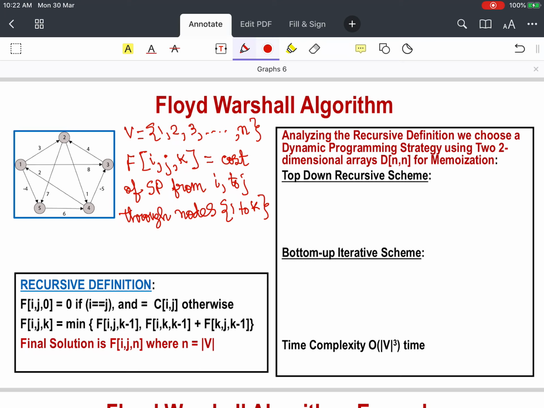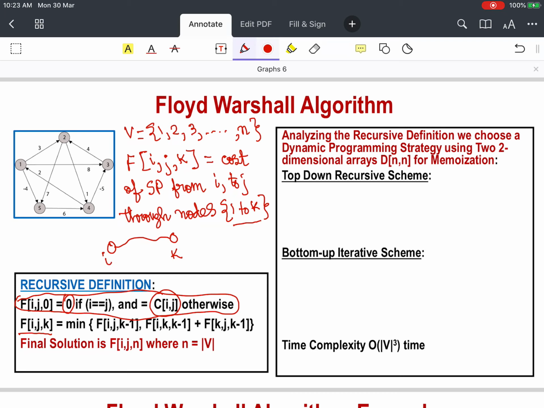So instead of paths being of length at most k, it defines the subset of nodes through which it will try to find the path. Therefore, while the base condition remains the same, the direct shortest path through no nodes is either 0 if i equals j, or the edge cost if there is no other node through which it goes. Then it defines Fijk to be the shortest cost path from i to j through k.